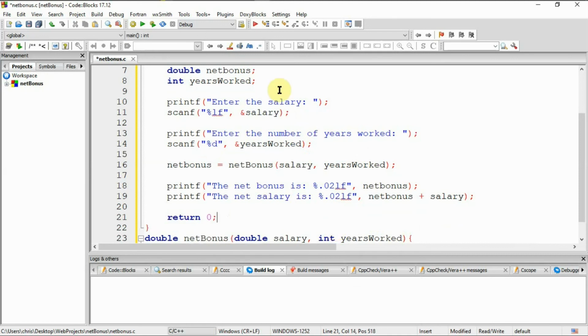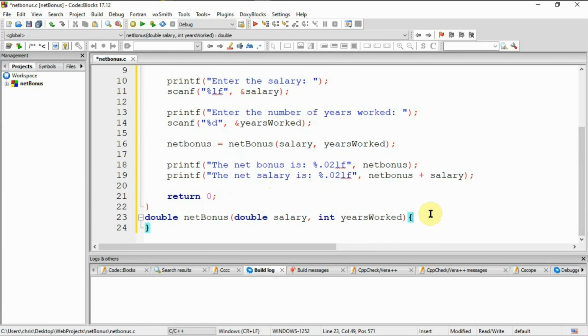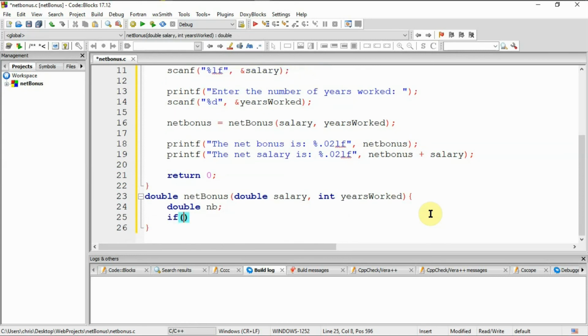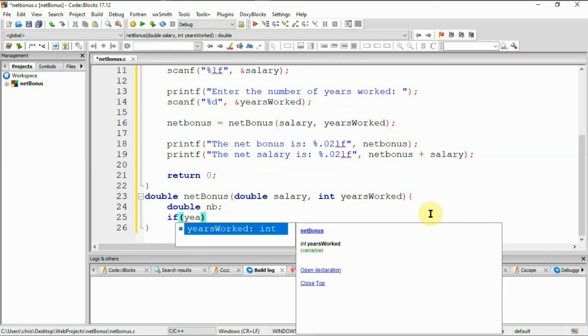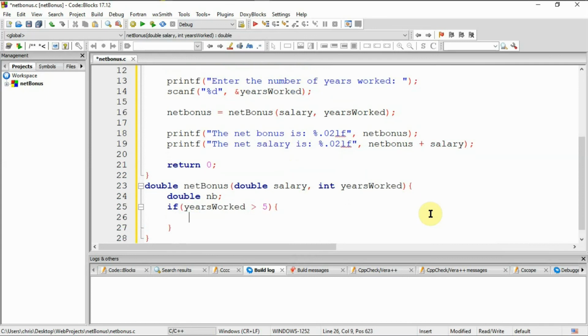Okay, so we've done writing everything needed in the main method. Now we work on the method which calculates the net bonus. Inside the net bonus method, I'm just going to declare a variable of double type, and the variable will be nb. Then I'm going to put a condition to check whether the employee has worked for more than 5 years. So if years worked is greater than 5, then we should initialize the nb with salary